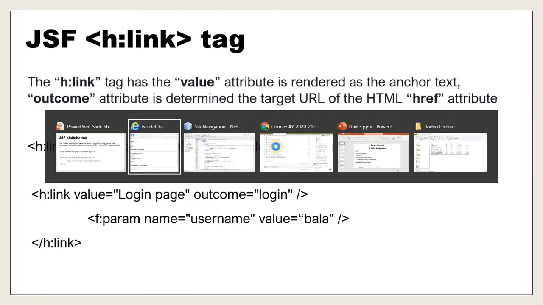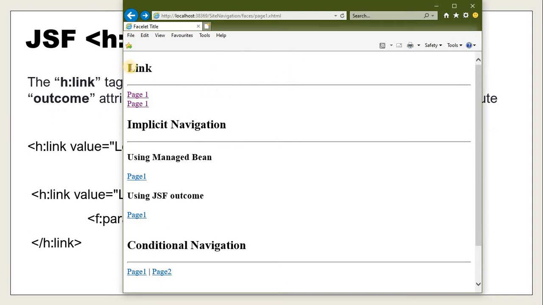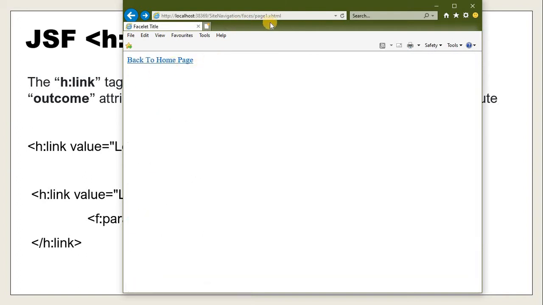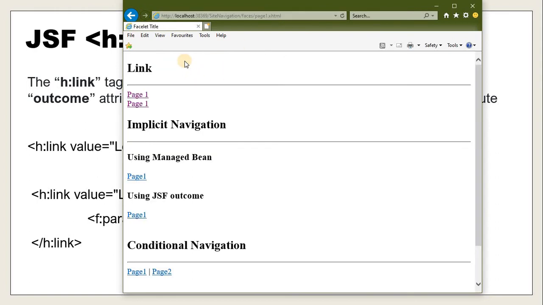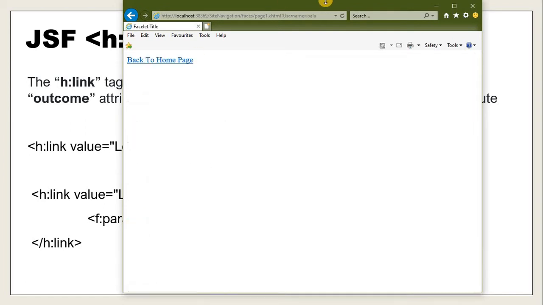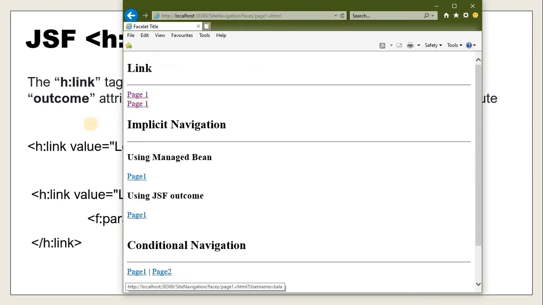Now I will show you the link. I have prepared a link here. I put page 1, both are similar, it is going to connect with page 1, and when I click here, it goes to page 1. You can see the URL here, and I am saying go back. So this is connecting through the link. But when you click the second one, I used a parameter query through the param. You see here, at the end of the URL, we have a question mark, the parameter name with the value. So a parameter value can be passed through the link.